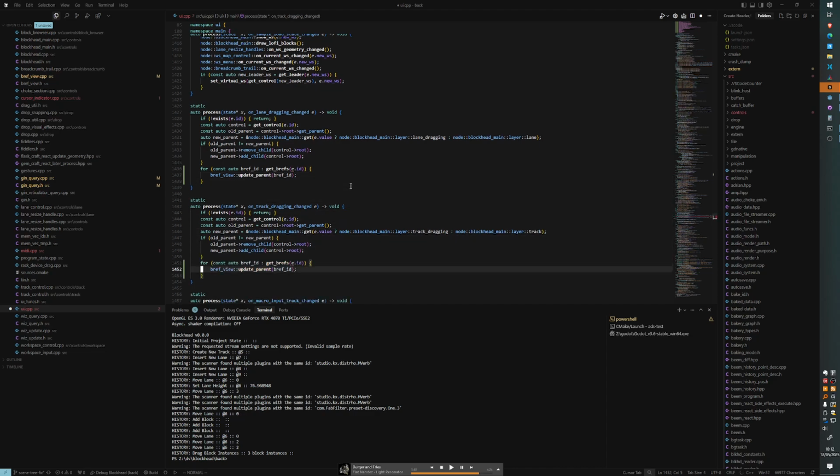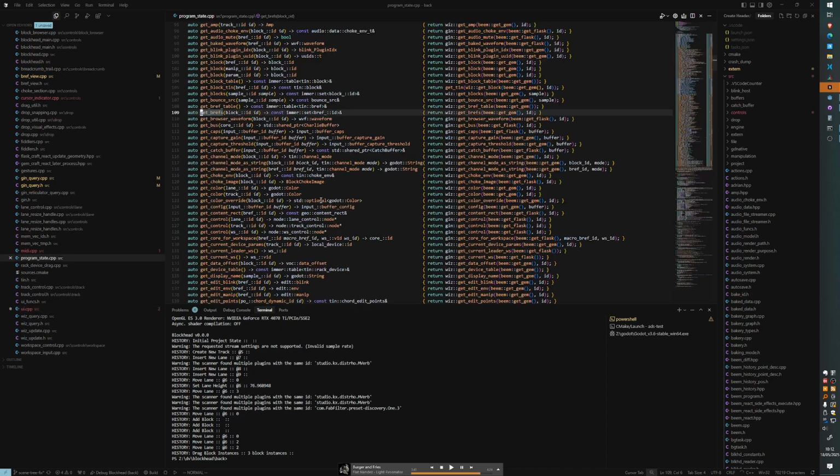I don't think this function exists. Get prefs for track. Music. Then